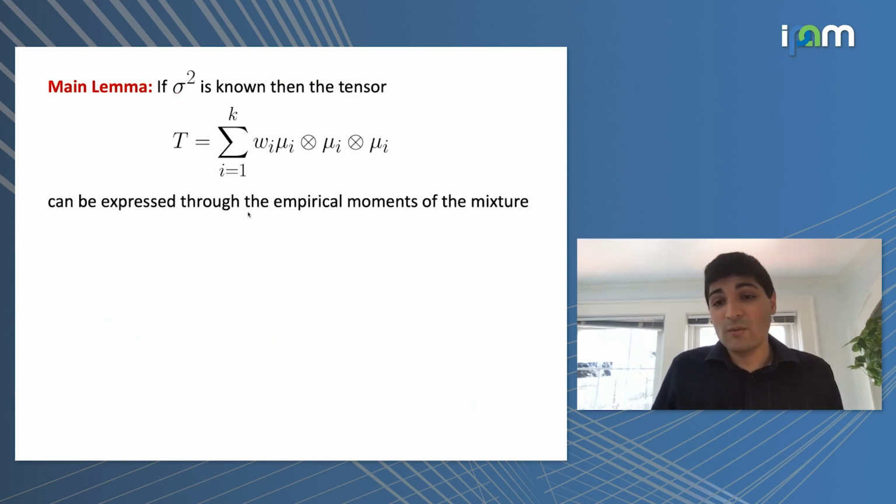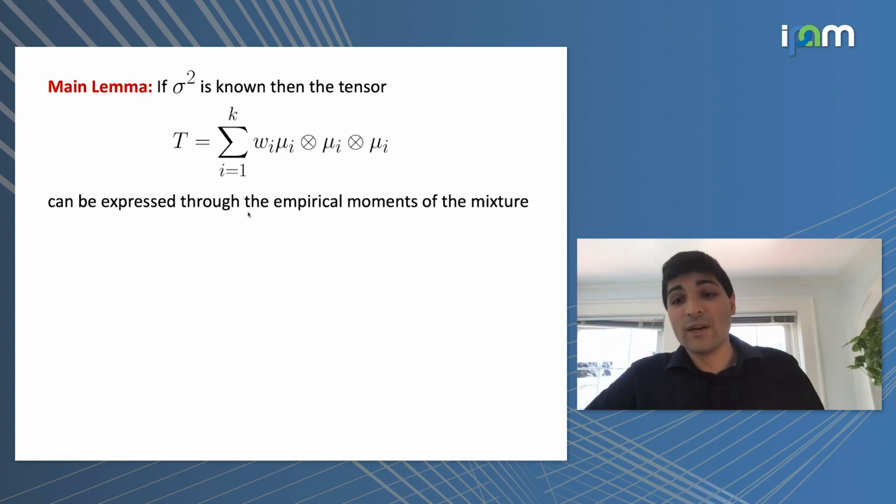So let me show you how to do their algorithm. In fact, that's one of the cool things: once you have Jennrich's algorithm, which again is actually not stated in their paper, you can do all of these things, even in a talk. That's very simple. So the main lemma here is, let's assume, just to make my life easier, that sigma squared is known, just for simplicity.